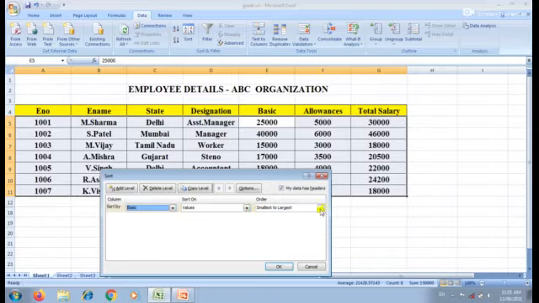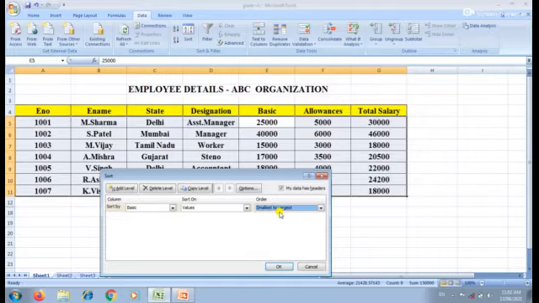So when you click this order drop-down arrow, it displays some options: smallest to largest, largest to smallest, and custom list. Here we have to choose smallest to largest, because I am going to arrange the basic column values in ascending order.